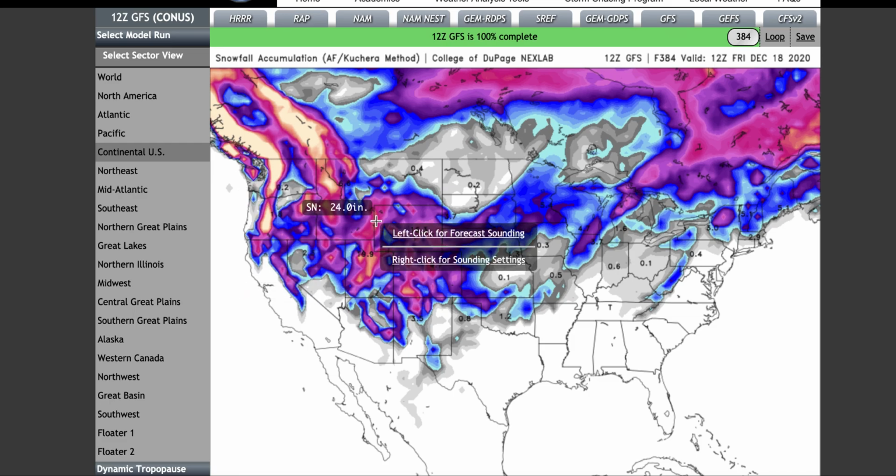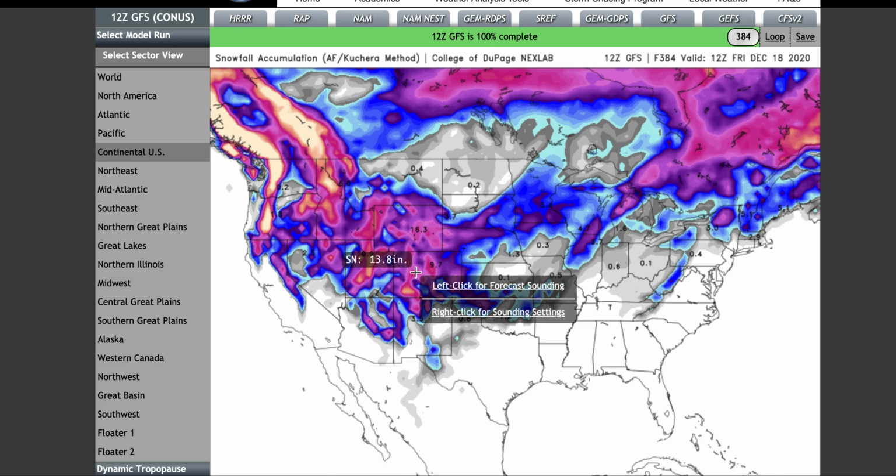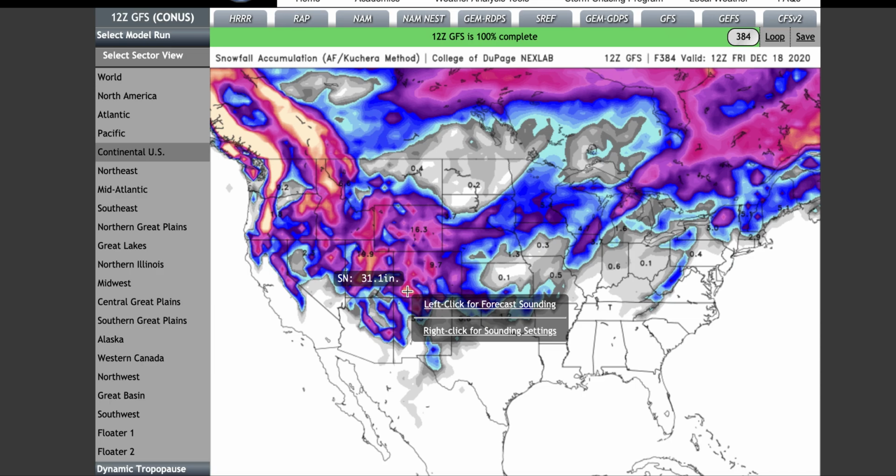The Tetons are getting about 2 feet. The Wasatch and mountains of Utah could see upwards of 30. Aspen area, Vail area could get a little bit more than 2 feet. Telluride could be approaching 3 feet, which is pretty decent snow totals. And once again, these storms recently have been picking up some decent snow down south in Arizona and New Mexico. Then other than that, you have